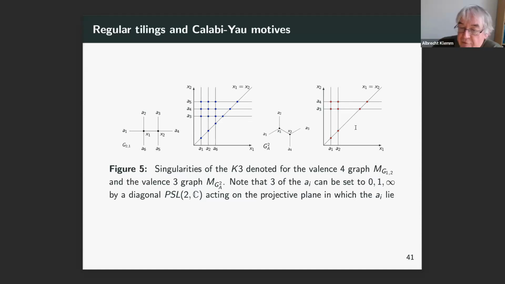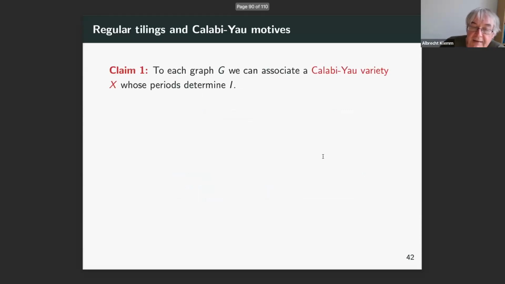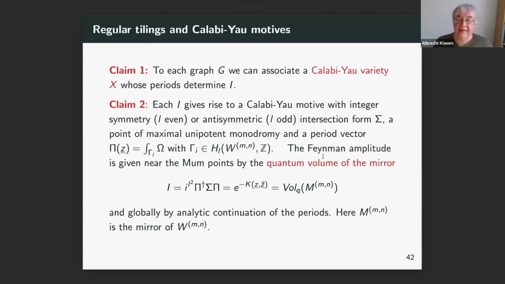By the way, this is similar for the hexagonal tiling. That gives another K3, which has a little bit other properties, but the counting also works. So the claim is that to each graph we can associate the Calabi-Yau varieties whose periods determine this integral. And then comes the more exciting claim. So each of these integrals gives rise to a Calabi-Yau motive,